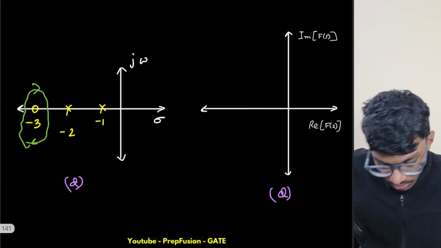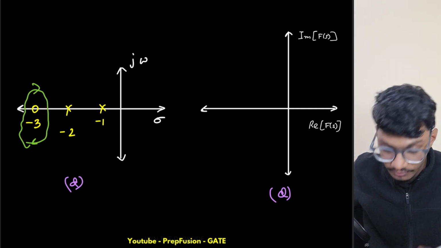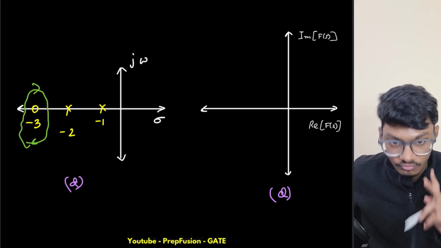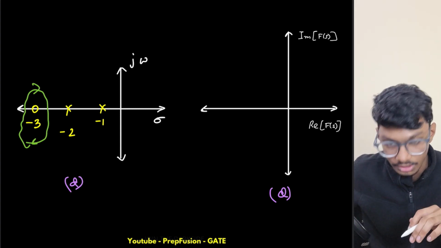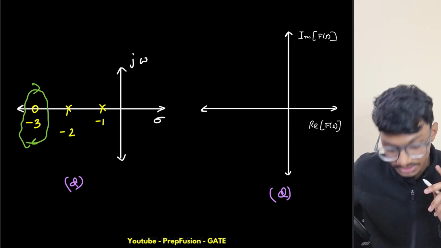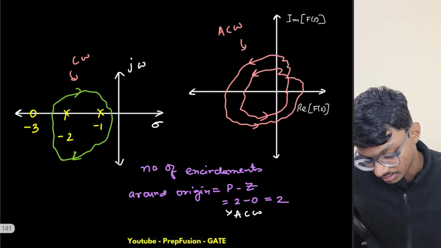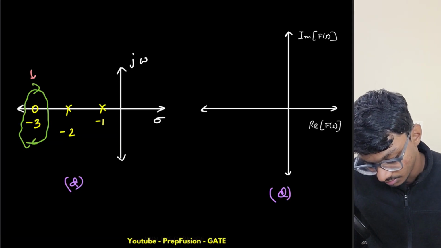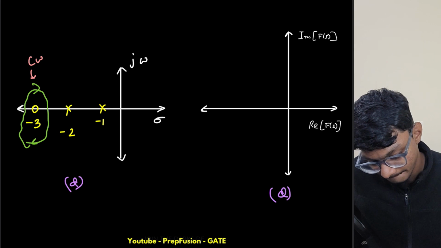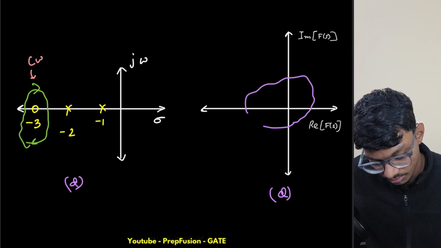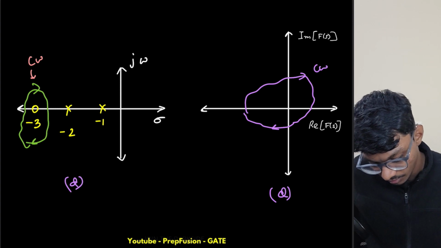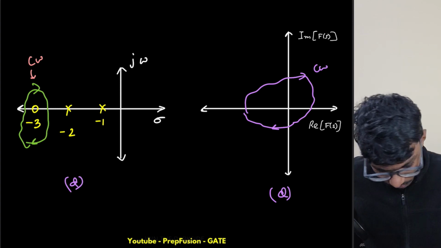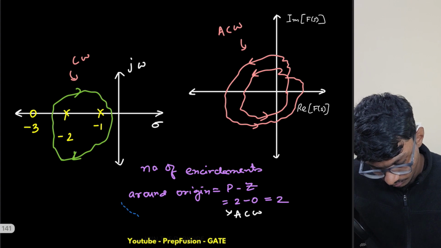Okay, so now here also I have one zero inside the contour, only one zero. So here I will have one encirclement around the origin, but this time my direction won't change. It will still remain in the clockwise direction. So again, if I copy this one,